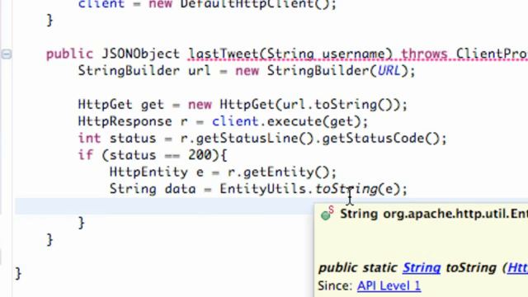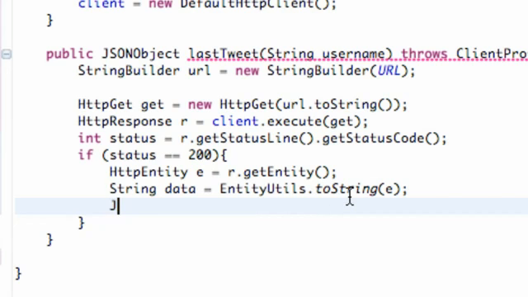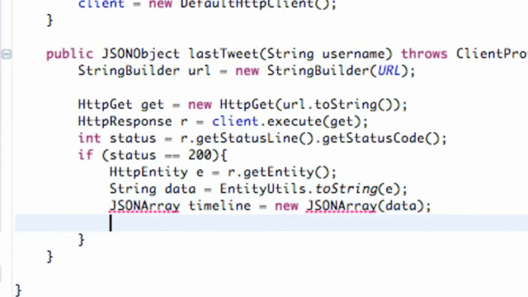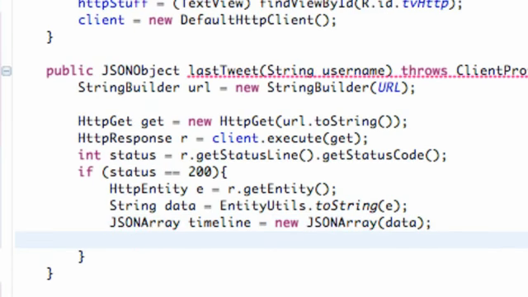We need to set up a JSON array and a JSON object that we're going to return. So again, we're just going to say JSONArray, and we're going to call this timeline, and we're going to set this equal to a new JSONArray passing in our data, and that's going to create a JSON array for us. And then what we need to do is set up a JSON object. So we're going to say JSONObject, and we're going to call this last, for referring